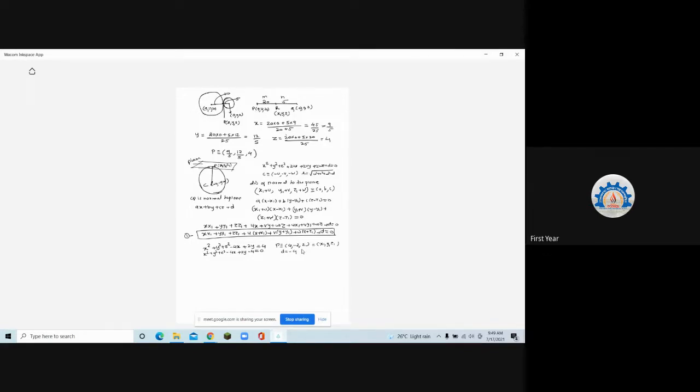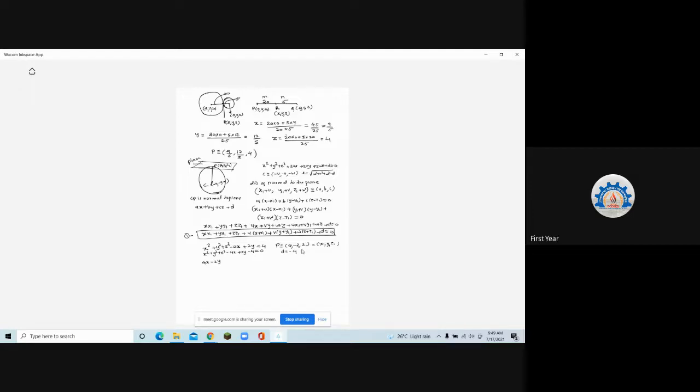So you'll have to remember this equation, and it's not at all difficult. Just replace the equation which is given to you in this format: x x1 plus y y1 plus z z1 plus u into (x plus x1) plus v into (y plus y1) plus w into (z plus z1) plus d is equal to 0. So that will give you 4x minus 2y. Can you see what I'm doing? I'm substituting x1, y1, z1. So 4x minus 2y plus 2z minus 14. Absolutely right. Very good. Very quick on the answers.